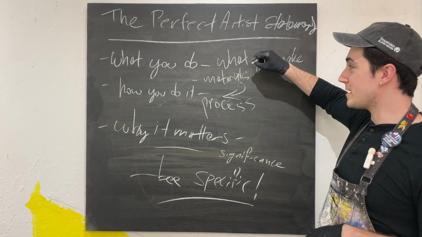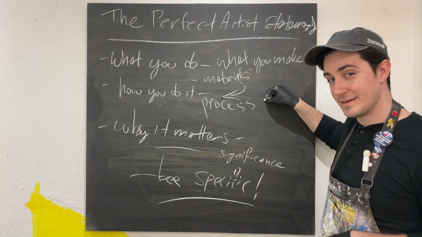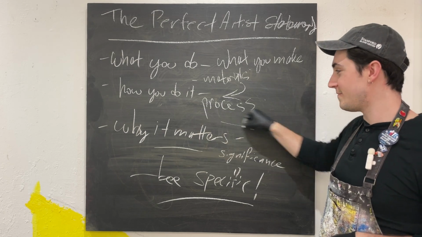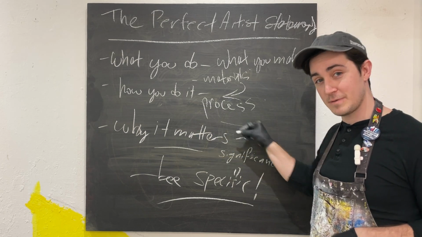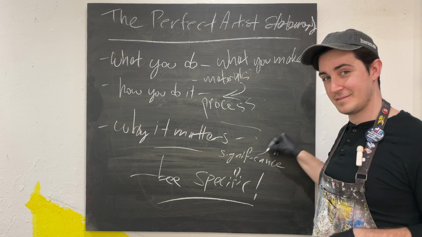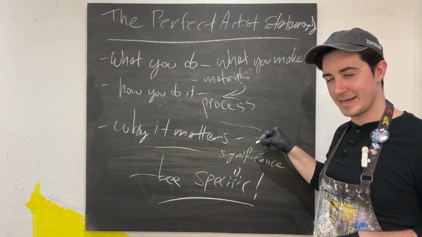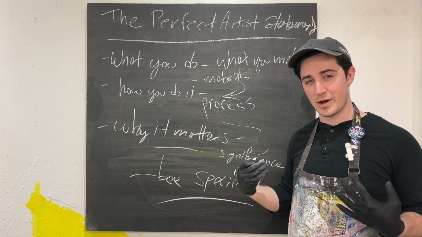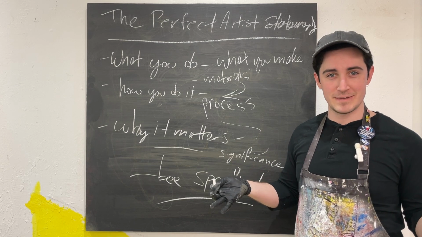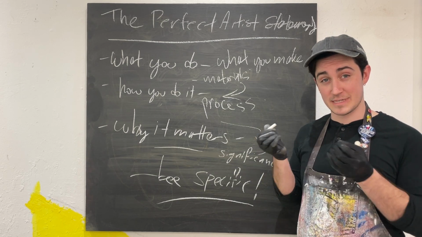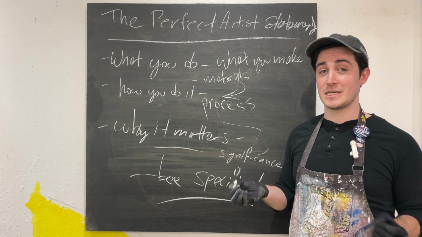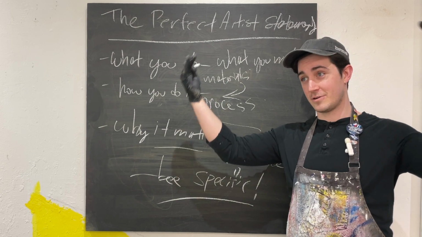So I make paintings about disability that use the figure to talk about my lived experience as someone who lives in the disability community, right? Like that specificity as to who you are, how you do things, and why you do them, like using specific language, precise language, really is the thing that takes an artist statement from good to great.